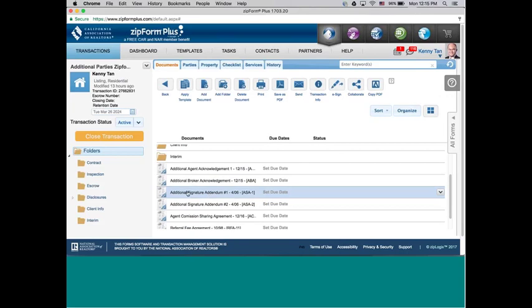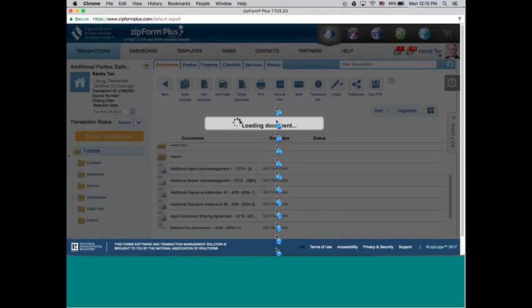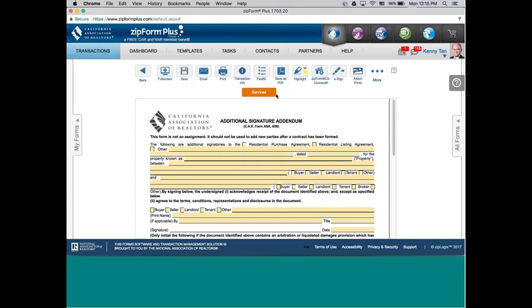If you have 5 buyers, you will need 1 and 2, or maybe even 3, because if I open up additional signature addendum 1, now this is of course